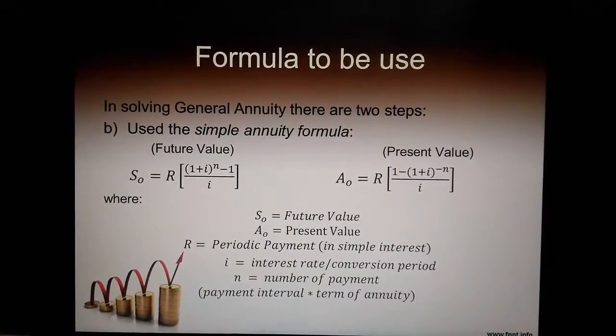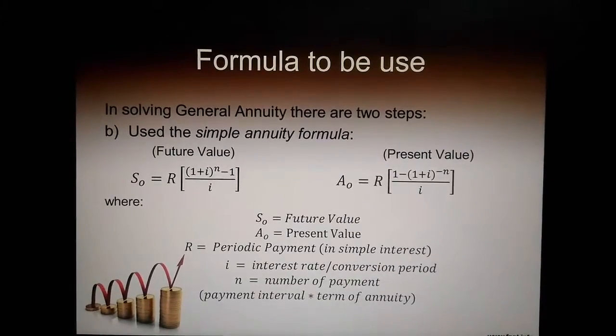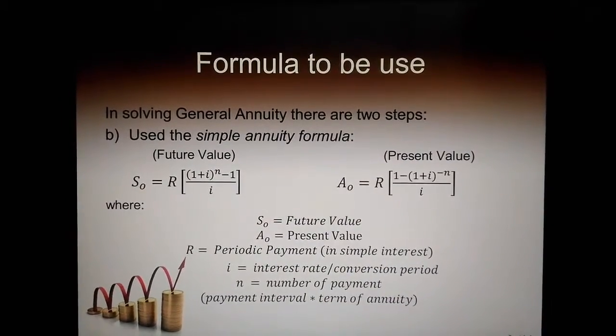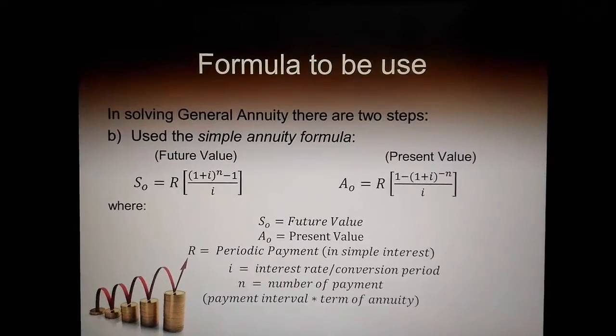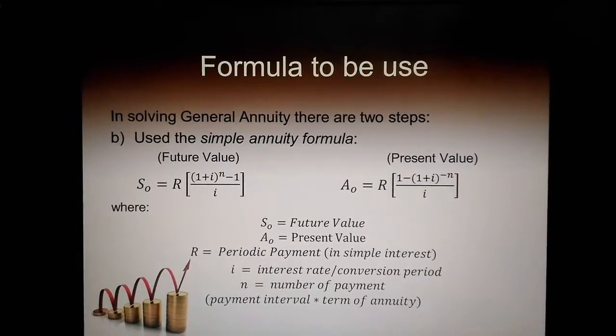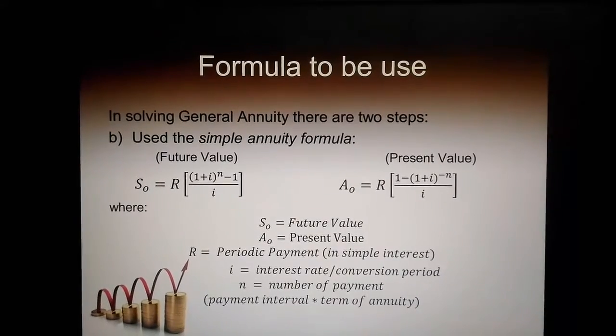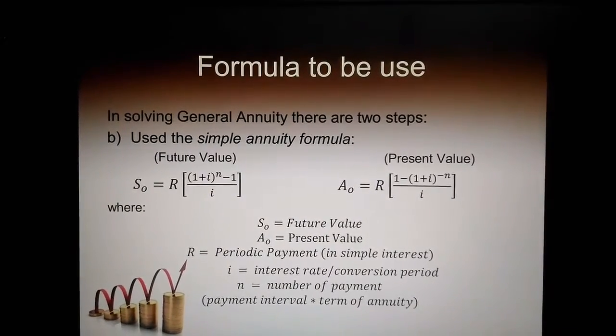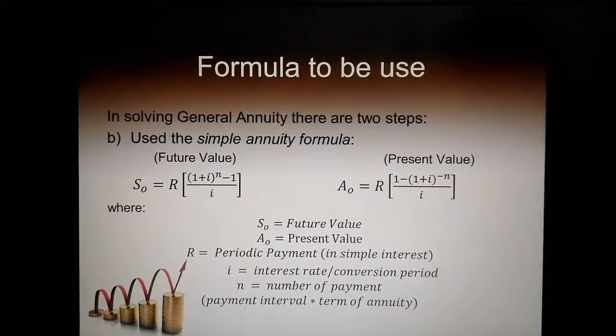Step 2. Use the simple annuity formula. In the future value, we use S is equal to R multiplied by the quantity of 1 plus I raised to the power of N minus 1 over I. And for our present value, A is equal to R divided by